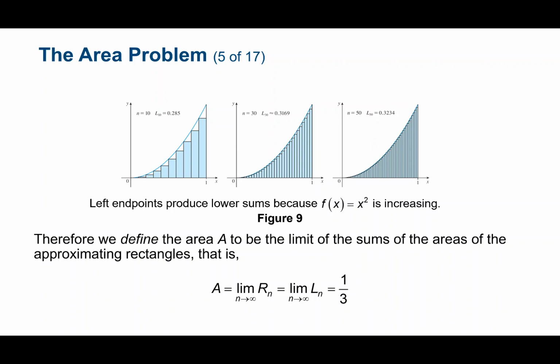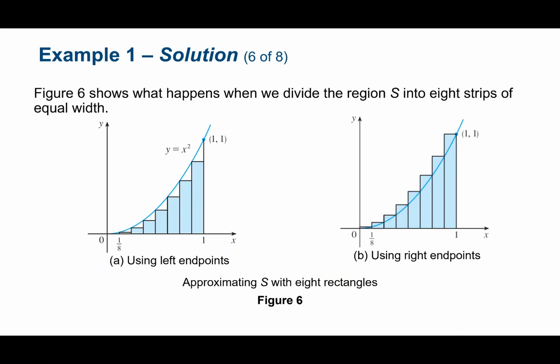Okay. That halfway sort of makes sense? What's going on is, we use more and more rectangles, we'll get a better and better approximation. And if we think about taking the limit of how many rectangles we're using, that limit will actually give us, if we think about using infinite rectangles, we actually get the area under the curve. Which in this case is 1/3, which is pretty interesting because just looking back at the picture,